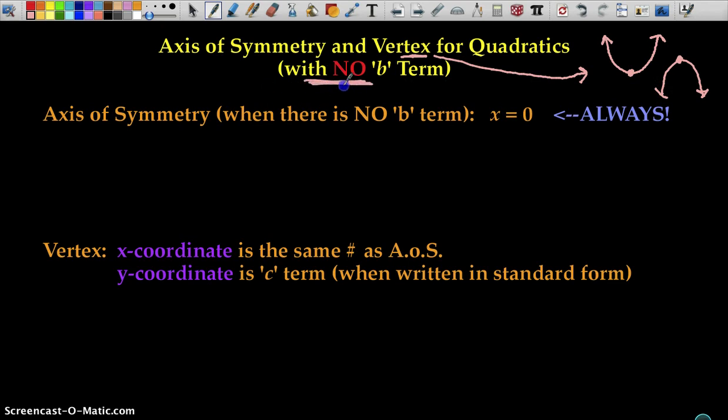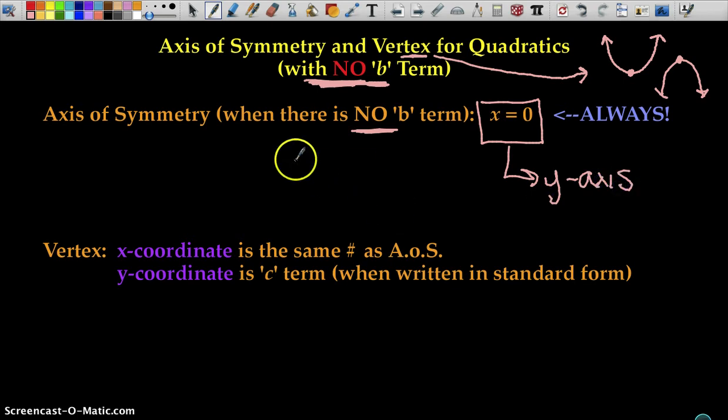But very important, this is with no b term, okay? These rules right here that I'm giving you only apply when there is no b term. It's very different when there are all three. So the axis of symmetry, when there is no b, is always x equals 0, which is essentially just the y-axis. So it means wherever you have your axis, symmetry, remember it's the same on both sides, so the vertex is actually always going to fall on the y-axis, so we'll always look something like that,